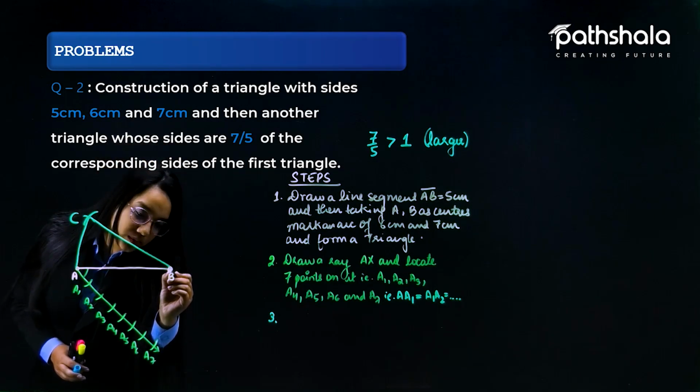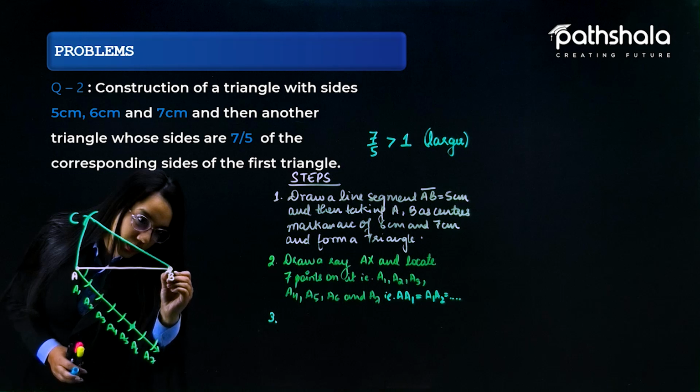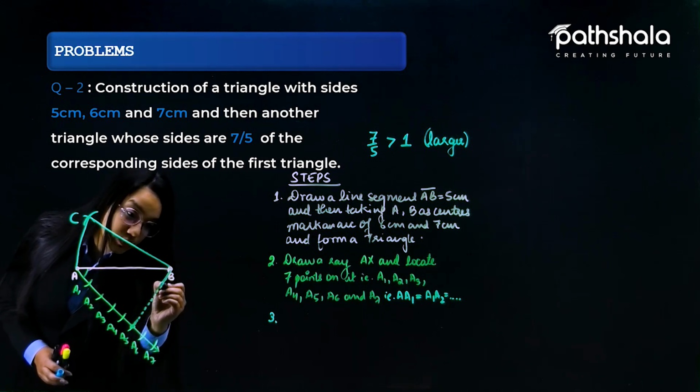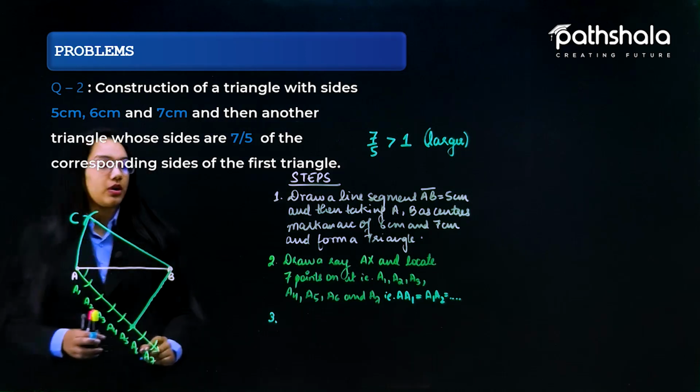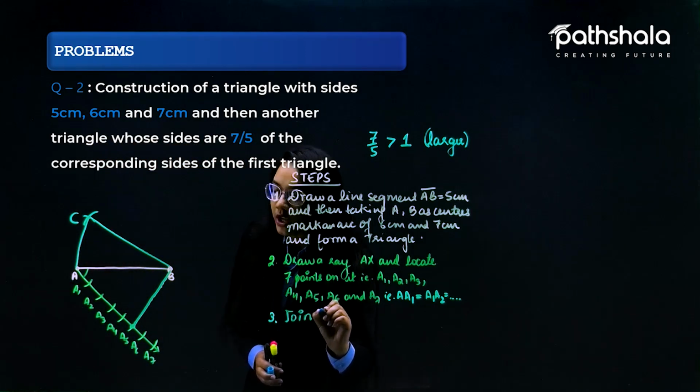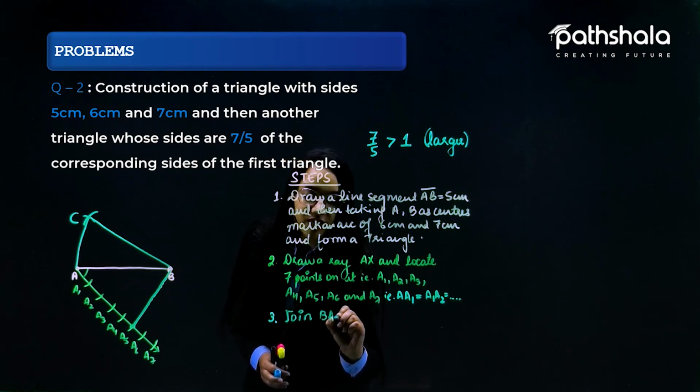So let us suppose I am joining A5 and B all together. So this is A5 and this is my B. Let us suppose I am joining it in a solid way. So the next step is to join BA5,